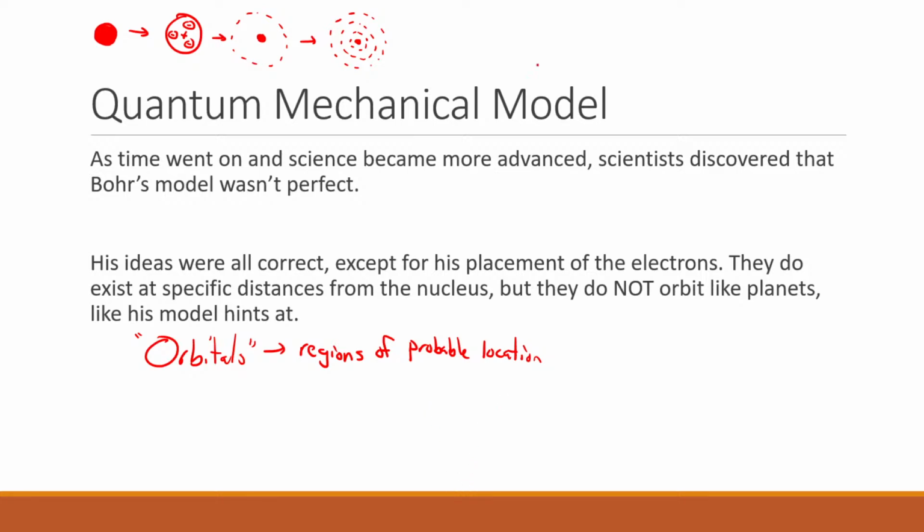Now let's keep our classroom analogy, right? Electrons are like students in the classroom. They're sitting at desks, and that's what Bohr said. The quantum mechanical model says if one of these students dropped a book on the floor and the dean is trying to find them to return the book, or somebody else is trying to find them to return the book,